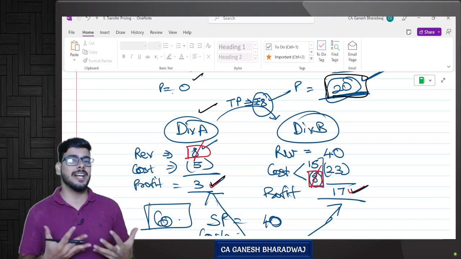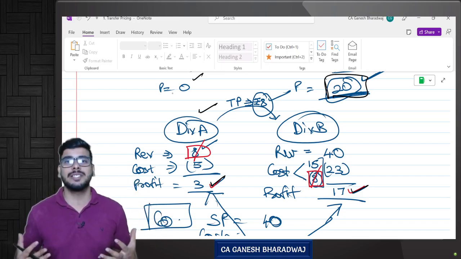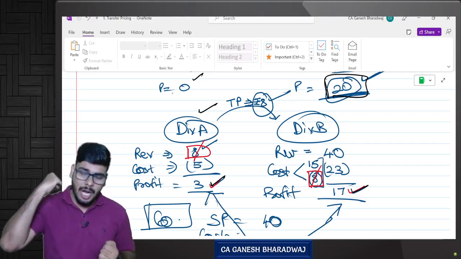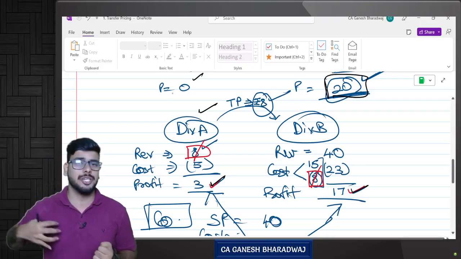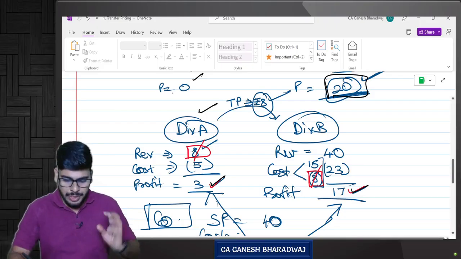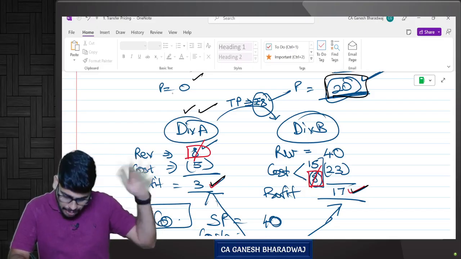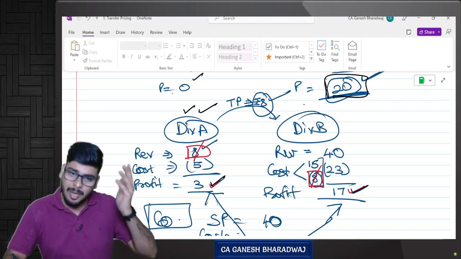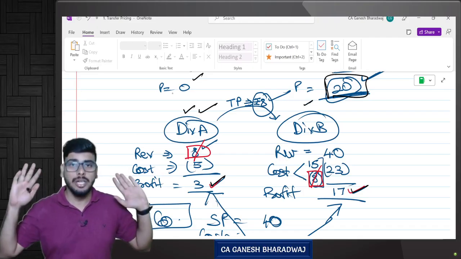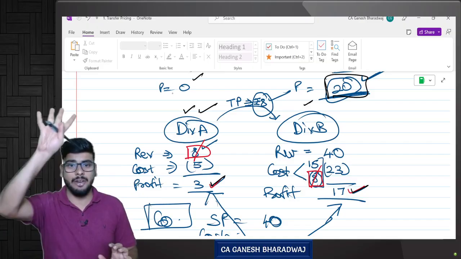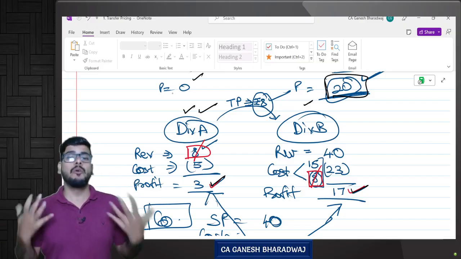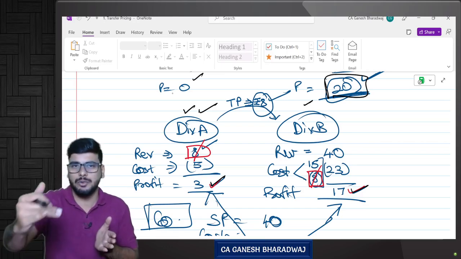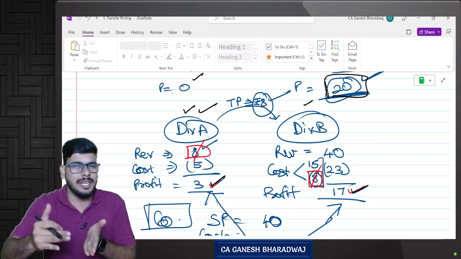Now he is getting treated as a profit center, and because of that, he also wants to do what? He also wants to achieve maximum profit for his division, correct? So these people, what they will do is, division A's manager will think for his division only. He will not think of the company as a whole. Division B's manager will think only about his division. He will not think about the company as a whole. There is a head office where overall they will see what is good for the company. So we will enter into that in a later part of this chapter.